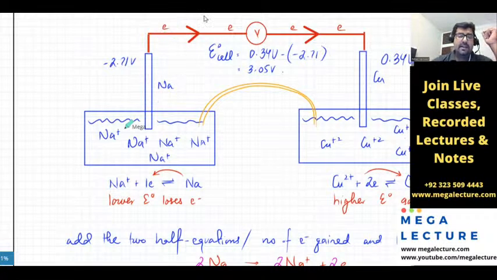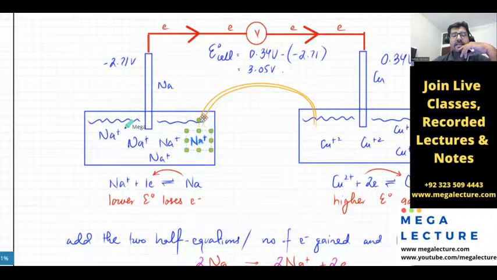If the electrons are to flow from the lower potential to the higher potential, there should not be a lot of positive ions in the solution. As the reaction proceeds, more positive ions are being produced, so the amount of sodium ions will continue to increase. The salt bridge is kind of a diffusion channel. If you have too many positive ions, they will start diffusing into the salt bridge,